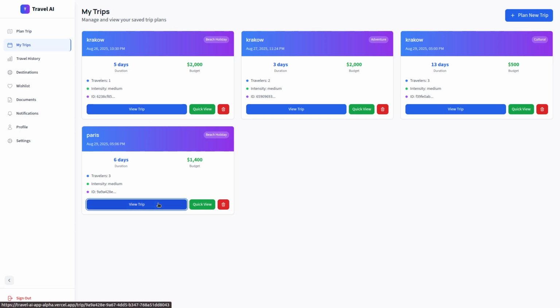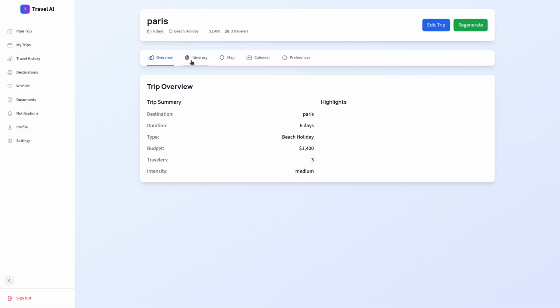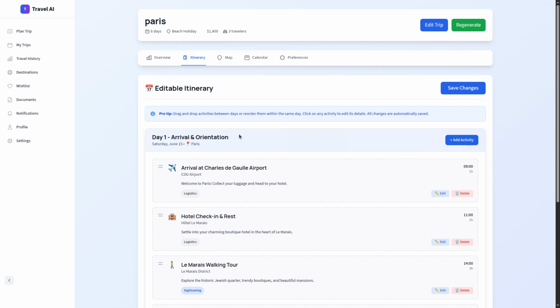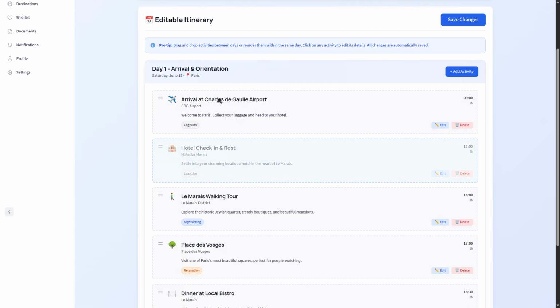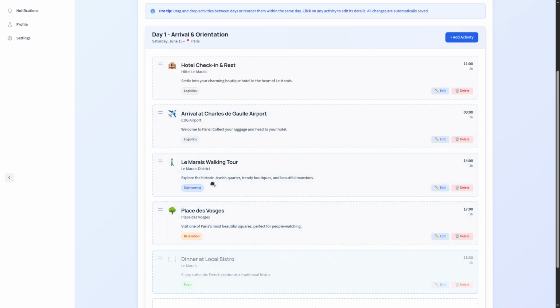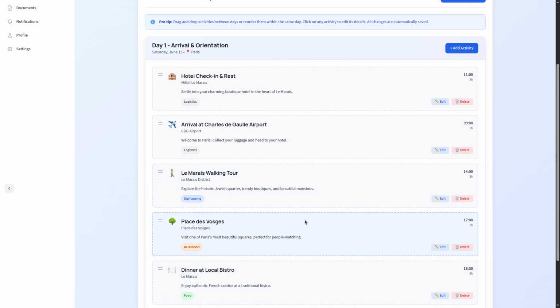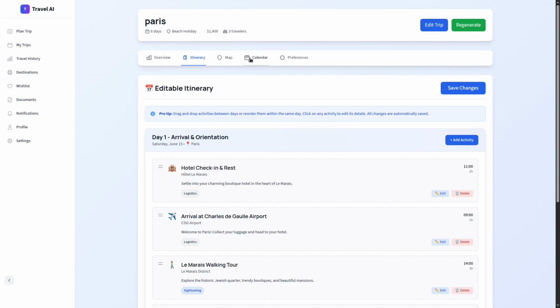So we have some plan, I believe it was this one, and of course this is right now mock data. Right now we are working on improving it, but of course firstly we are focusing on the UI. So there's the itinerary, and you can of course drag and drop different things, but I would suggest firstly to arrive at the airport and then go to the check-in at the hotel. So of course those you can drag and drop. I see that there's still some issues here. No, it works. Alright, I thought that there's still something missing.